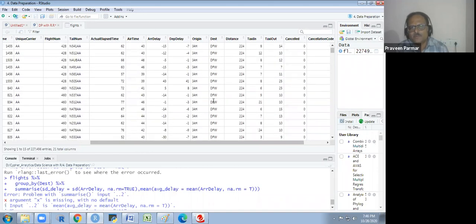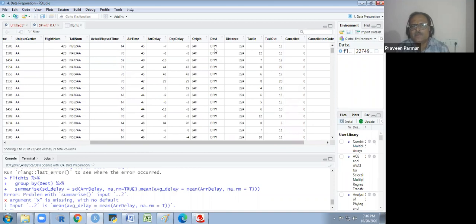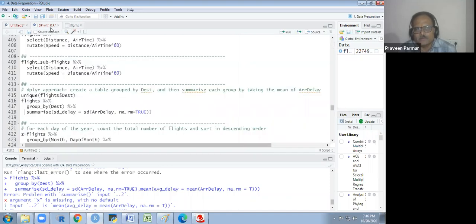Here you see the destination, and in DFW this destination we have an arrival delay. You see -7, -1. So it will group all these values as per this destination DFW, add them up and divide by n. Whatever value it gets here, that mean we will get in the summary when we summarize it.